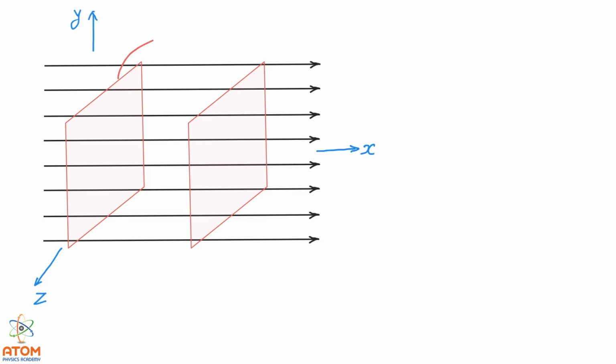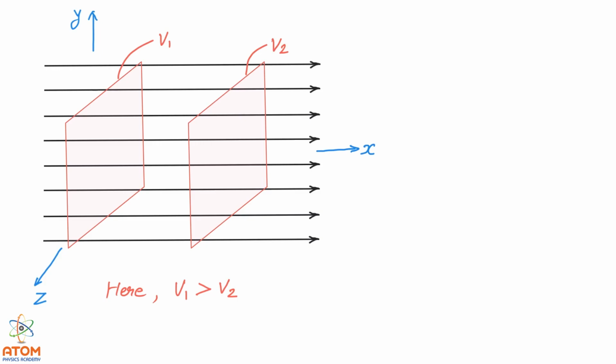We can say potential on this surface is, let us say, V1, and on this surface is, let us say, V2. Here throughout the surface, everywhere the potential will be same, that is V1, and throughout this surface the potential will be same, that is V2. So these two become equipotential surfaces. But yes, here V1 and V2 will have relation, like I can write that potential V1 is greater than V2. This is as per the definition of potential.